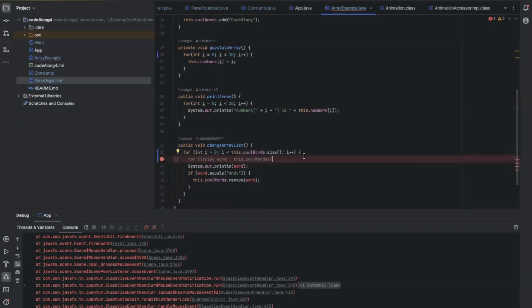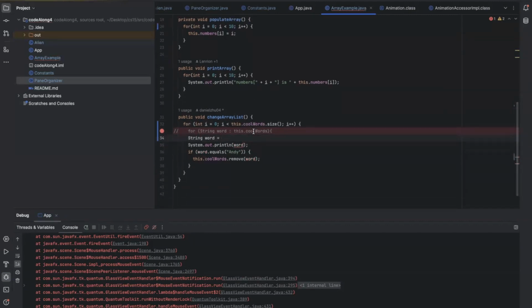So this is going to achieve the same thing as what I tried to do with my for each loop, which is iterating through my array list. But an issue is now word can't resolve what symbol word means because we never set it to anything. In our for each loop, it used to be here, but now we have to manually instantiate the variable word. So what we can do is String word, and this would be equal to